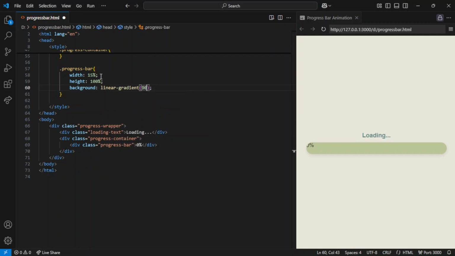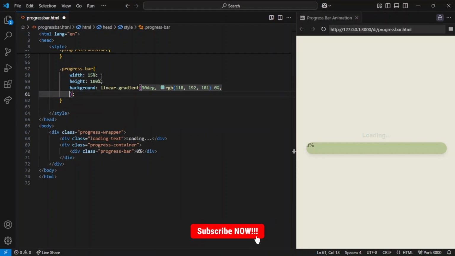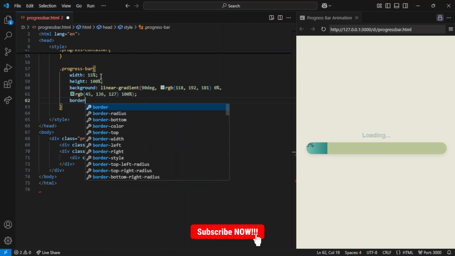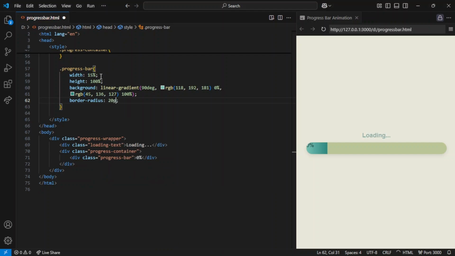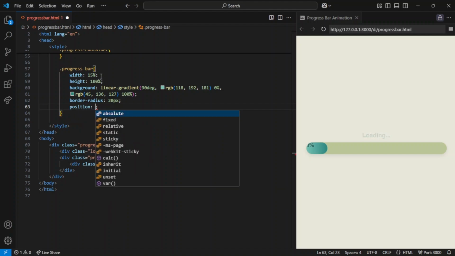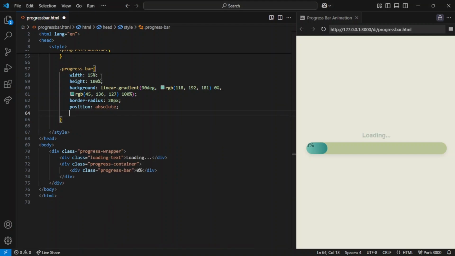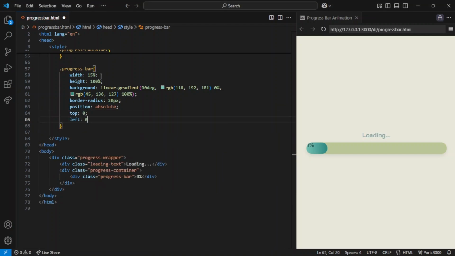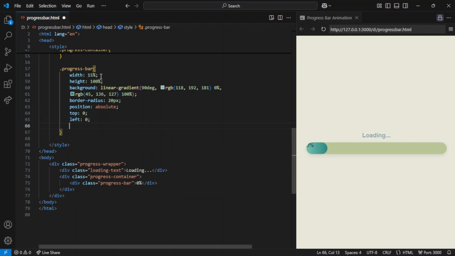For the background, a linear gradient is applied, transitioning from a soft greenish teal at the start to a deeper teal at the end. This creates a visually appealing color shift as the progress moves forward. The border radius is set to 20 pixels, giving the progress bar rounded edges rather than sharp corners. The position is set to absolute, meaning it is placed relative to its parent container. It starts from the top, 0 pixels, and the left, 0 pixels, ensuring that it begins from the very edge